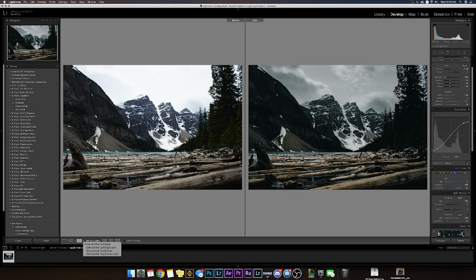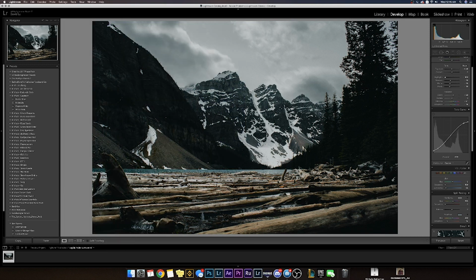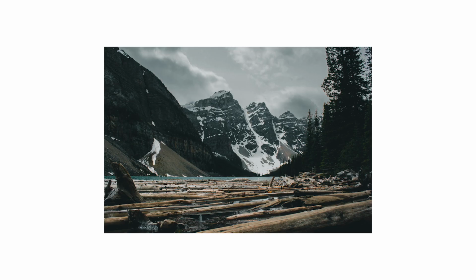So that's the before, that's the after, and we're going to split it, and you can see the huge difference between the two photos. But I'm actually pretty happy with the outcome. It came out pretty well. I'm just gonna add a little bit more color to the wood, because the wood was a little bit too desaturated. I wanted to see what it would look like if I saturated more, and I decided to just leave it at a specific point. And this was the outcome. Honestly, I'm actually pretty happy with the way this photo turned out.